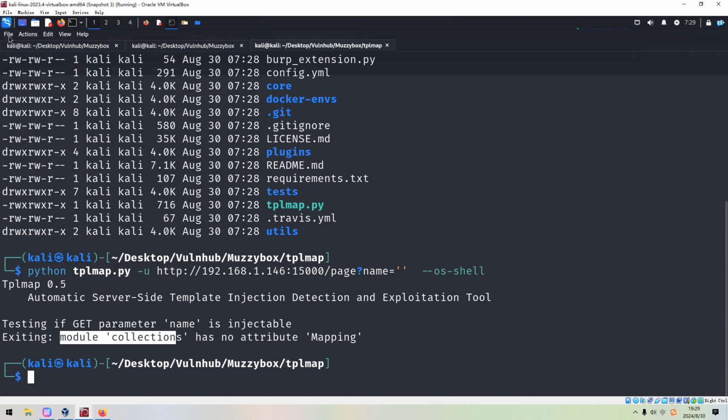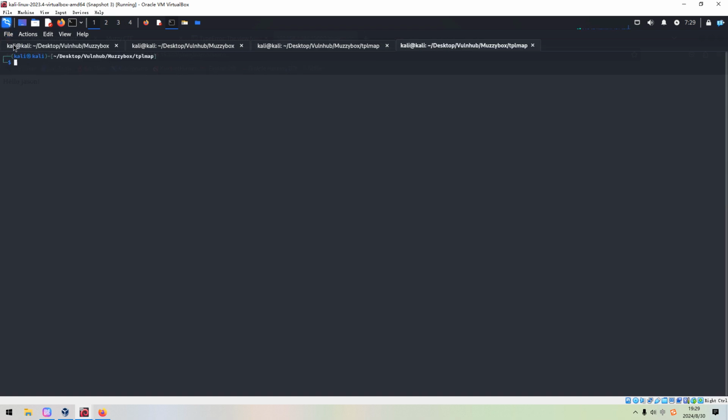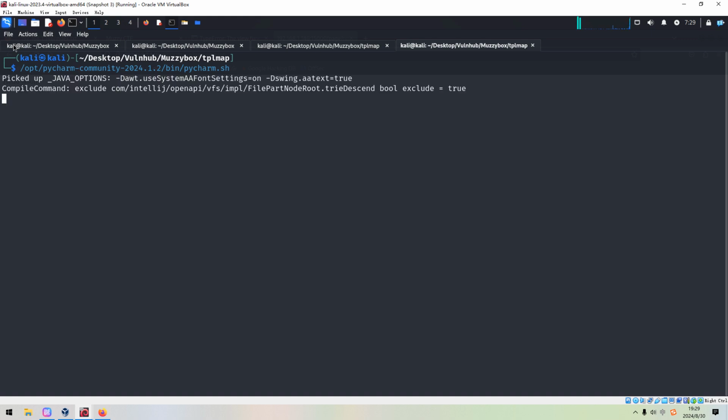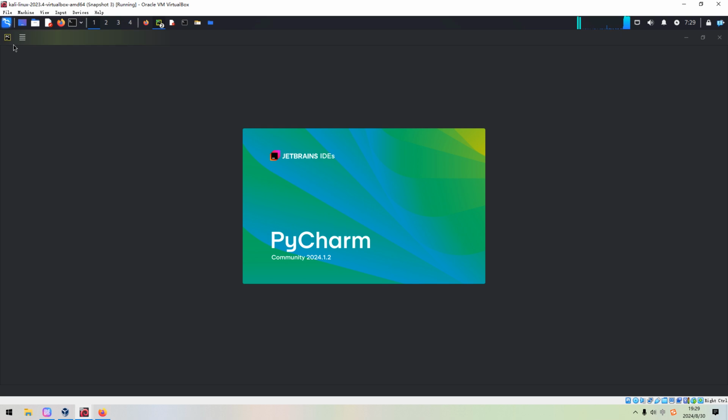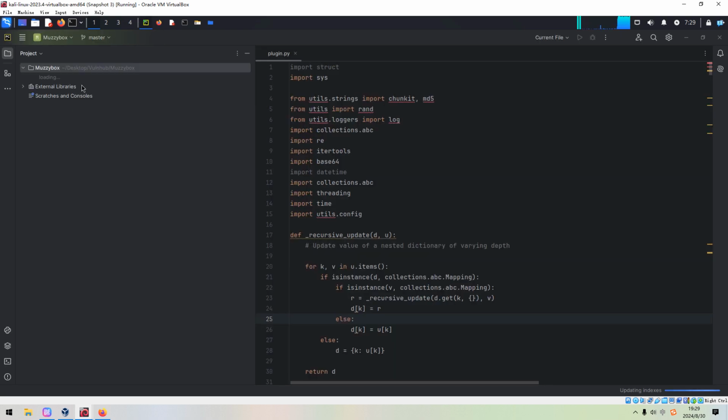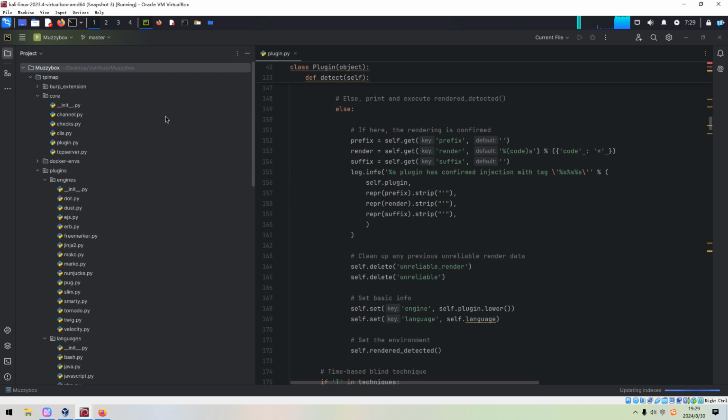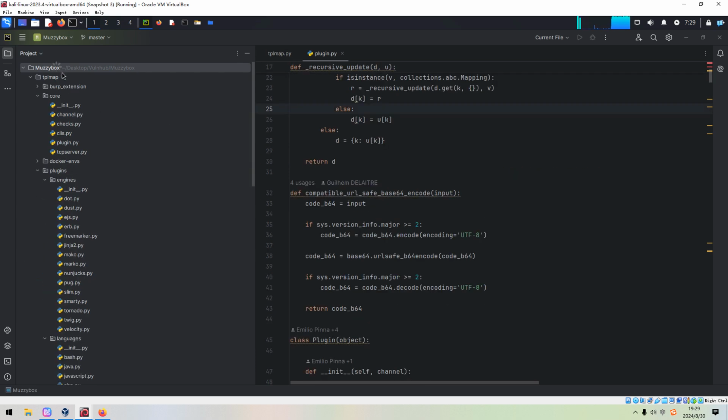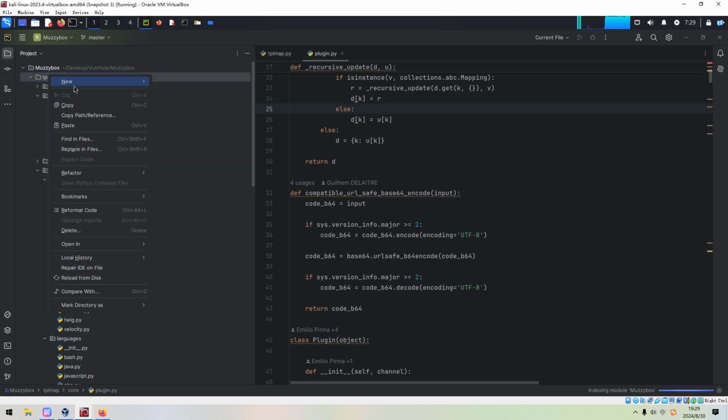So I can open up a new tab and go to the opt, tplmap, press enter. And we can search, oh, not this one, we can search this directory.